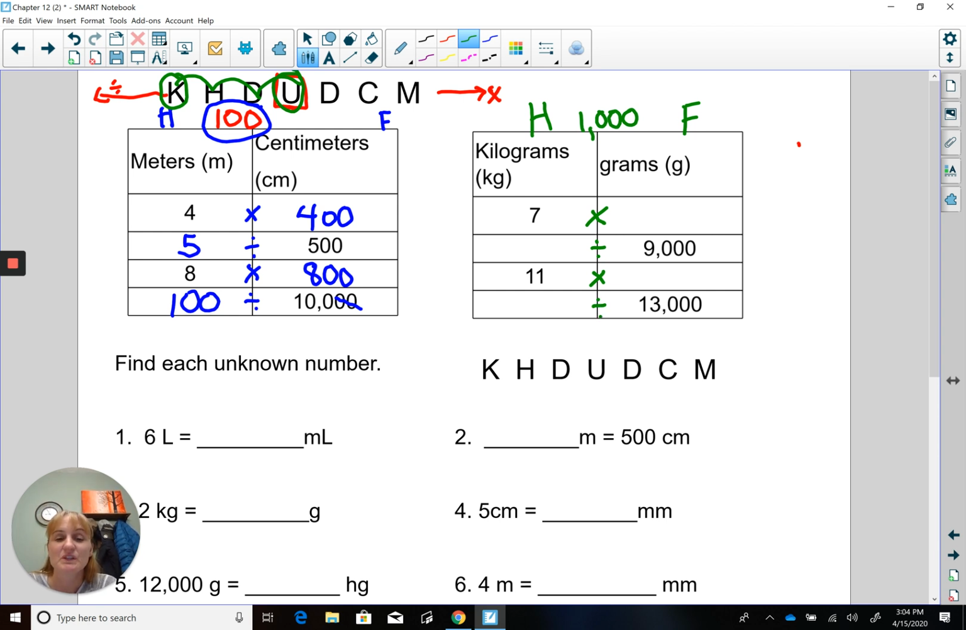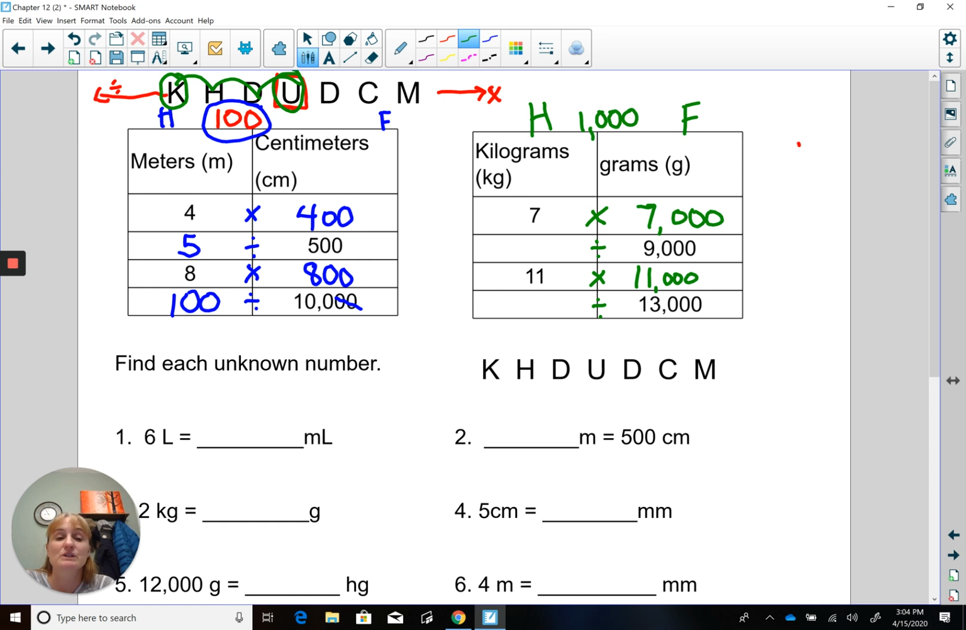Okay. So now, 7 times 1,000 will give us 7,000. 1,000 times 11, we're going to have 11,000. Okay. Now, when we divide, same concept like we did over here with the meters and centimeters, and we